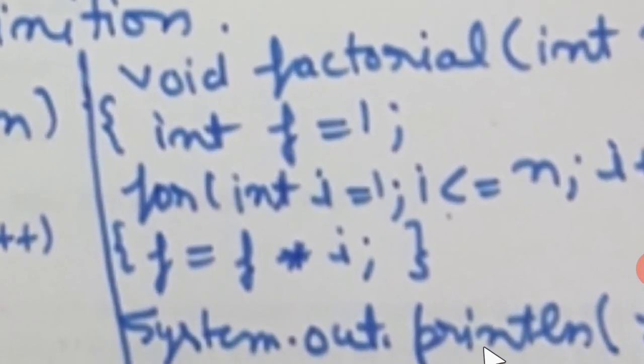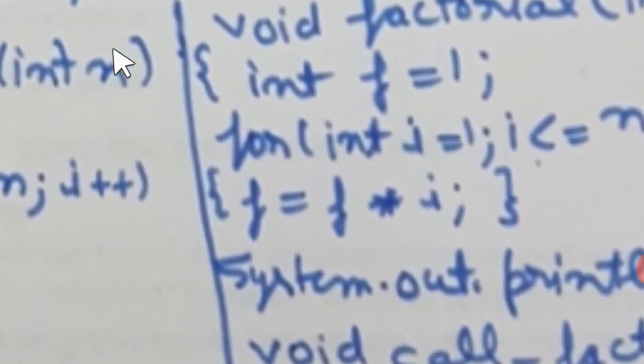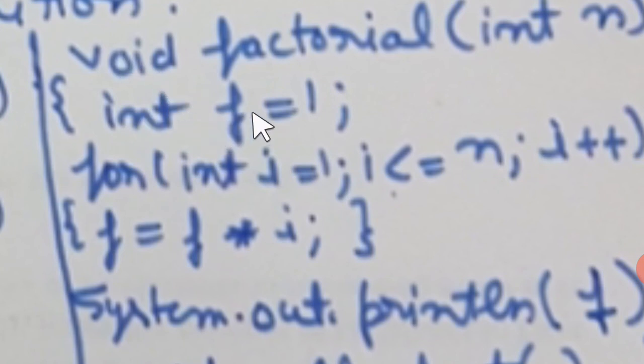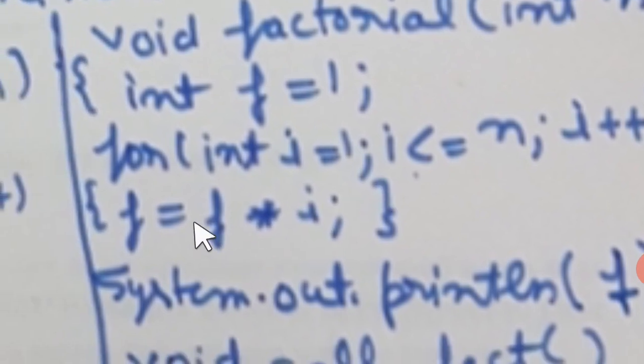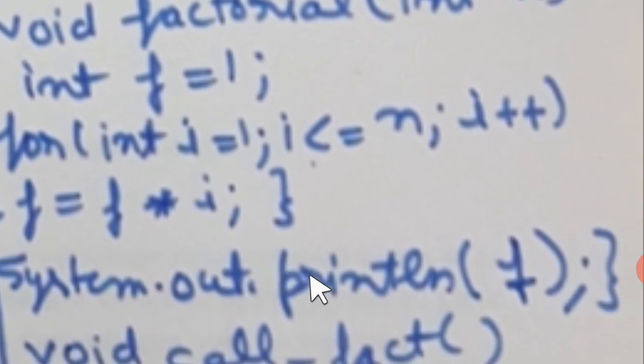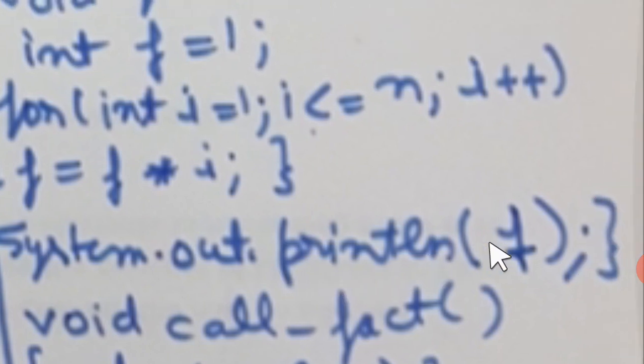Students, now just notice this void factorial(int n). Alright, now this time what is the difference? I have removed int and this time return is void. That tells us that this function is not going to return anything, so it's only going to calculate and display the factorial. How does it work? Students, just see here, I've written the same piece of code, int f equal to 1 semicolon, for int i equal to 1 semicolon i less than or equal to n semicolon i plus plus. So it is moving from 1 up to n, and f equal to f asterisk i. This is inside the for loop body. After that the factorial is calculated. Now f will have the value of the factorial, so we write System.out.println(f), within this function. So the function is closed here.